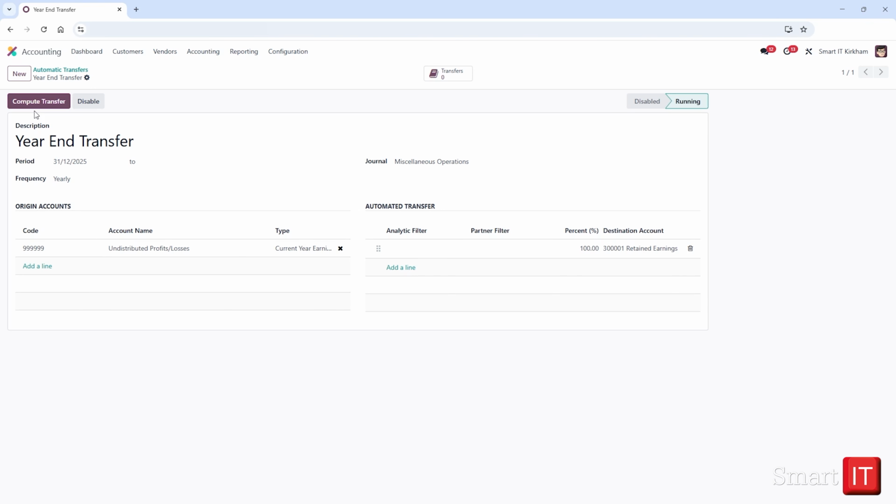Now, the system will automatically post the balance figure from Undistributed Profit and Loss account to Retained Earnings account at every year end. Looking to the far right, we see that this automatic transfer has the status of running. Clicking the Disable button will disable the transfer. The Compute Transfer button allows us to manually compute the entries that meet the criteria, but we can ignore this